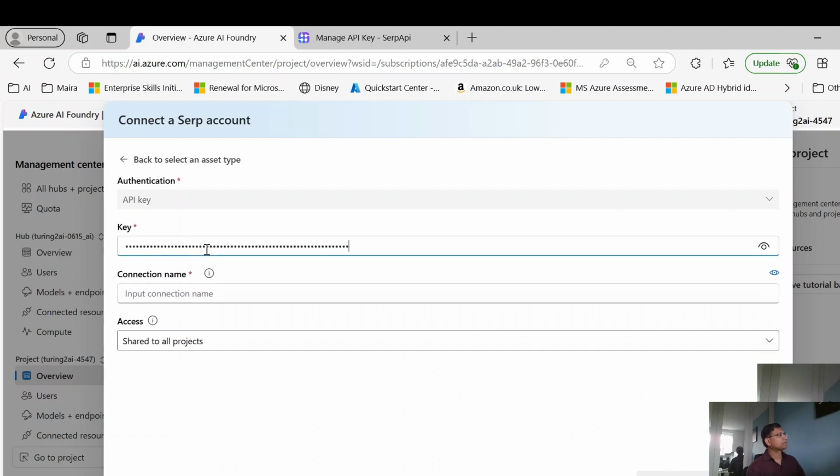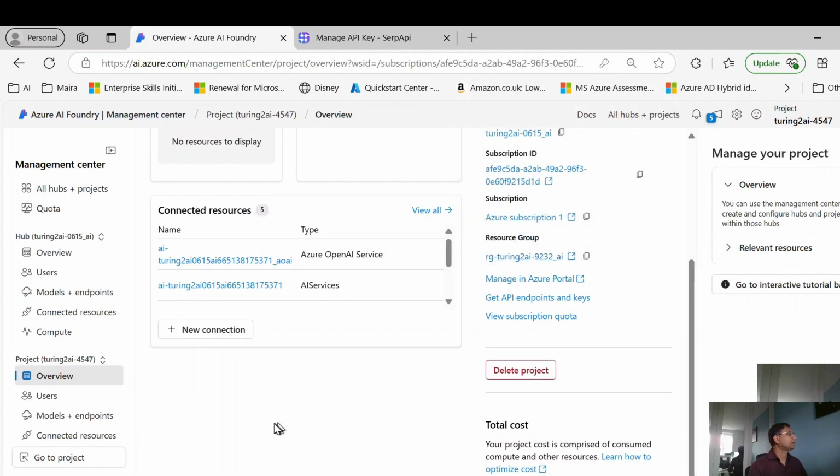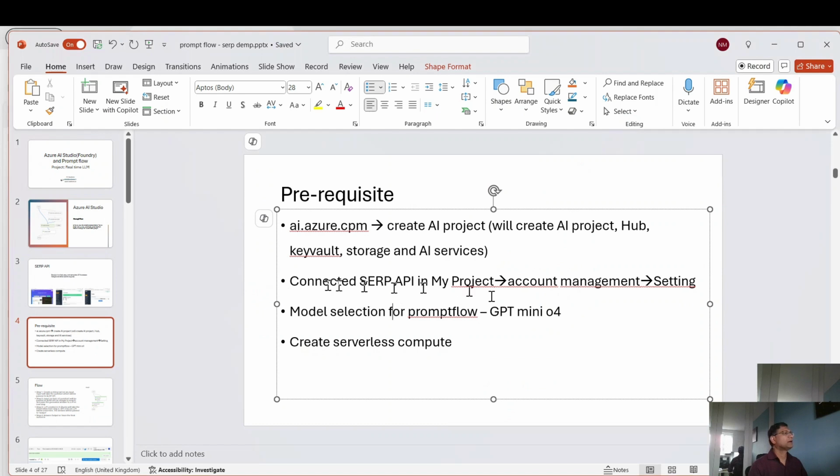I'm going to paste this connection key. I'm going to name it SERP connection. Share to all projects, yes, that's fine. Add connection. And I don't need to say anything else. One more requirement, so this is done. This is done. Now I have to select